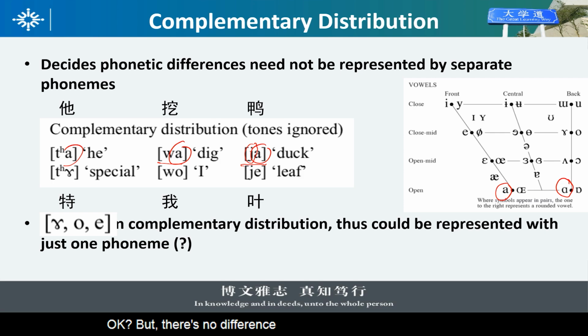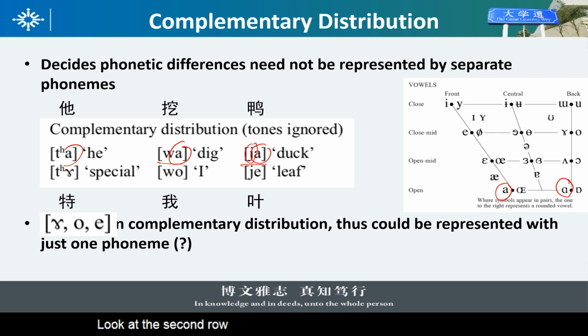Okay, but there's no difference according to Chinese speakers' understanding, because that's only a tiny difference. They do not differentiate different words. They are distributed complementarily. Okay? In a particular situation appears A, and in another situation appears B, and A and B do not distinguish different meanings. This is called complementary distribution. Chinese speakers do not distinguish them at all, so they can be regarded as only one phoneme.